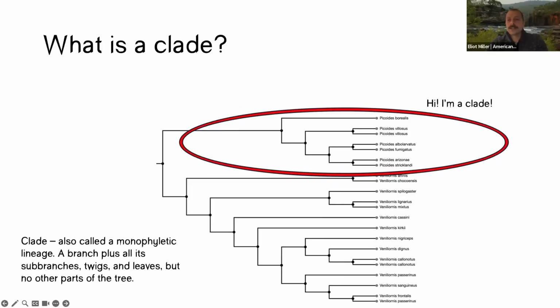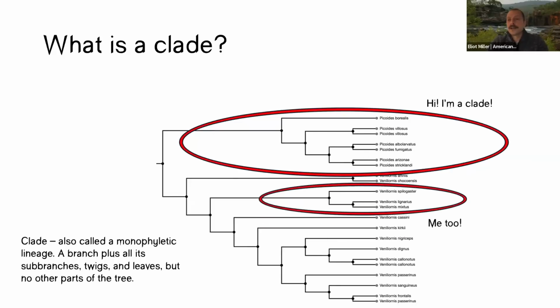Look at this phylogeny. A clade is any branch and all its associated sub-branches, twigs and leaves. So twigs and leaves from other branches are not part of the same clade. So here's what I mean by a single branch. That's a clade. Things from over here are not part of that branch. They're not part of that clade. Here's another clade as well. Notice that a clade doesn't have to be a named taxonomic entity, but it can be. So here, these Picoides species form a clade, and then these three random Vanilliornis species form a clade as well, an unnamed one as far as I know.